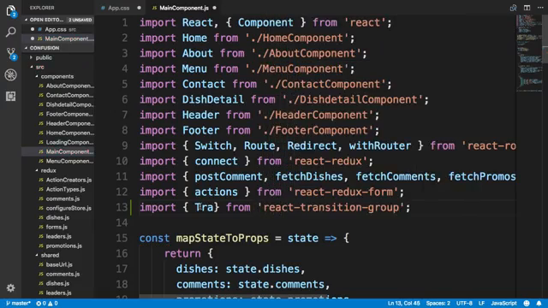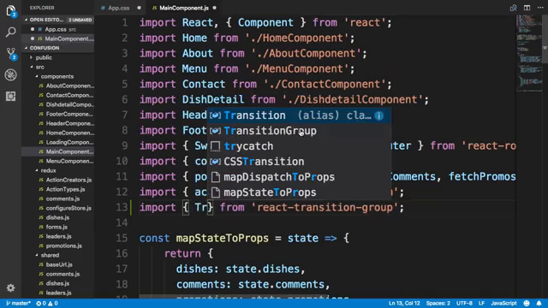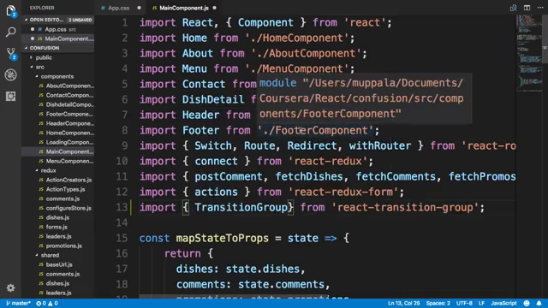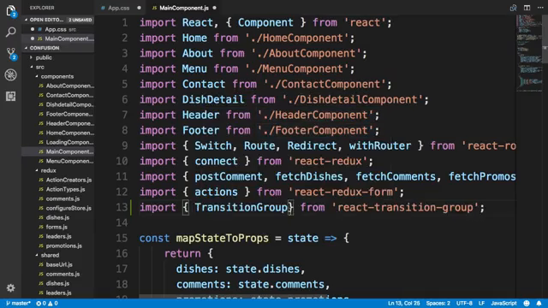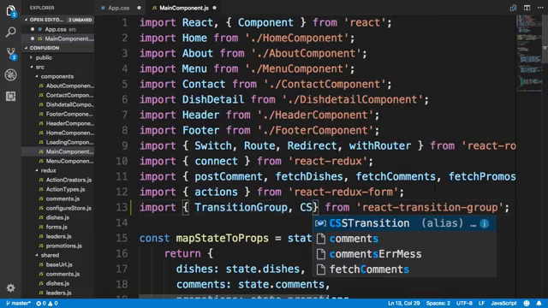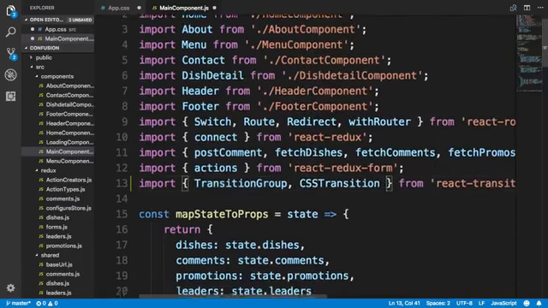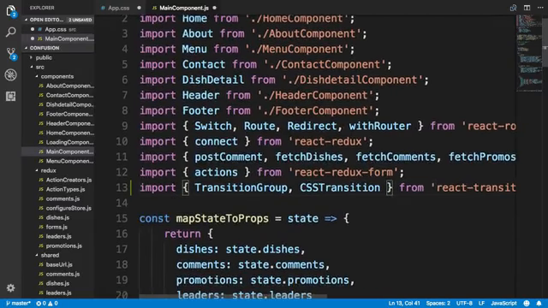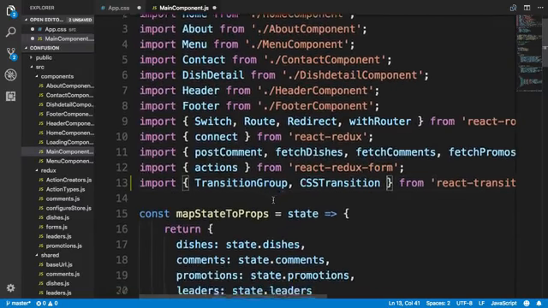The reason I do that is that then I will get suggestions automatically. So TransitionGroup and CSSTransition from react-transition-group, and we're going to make use of these two to apply